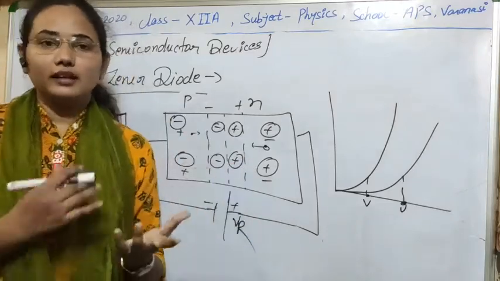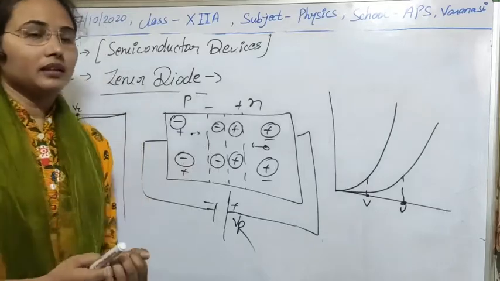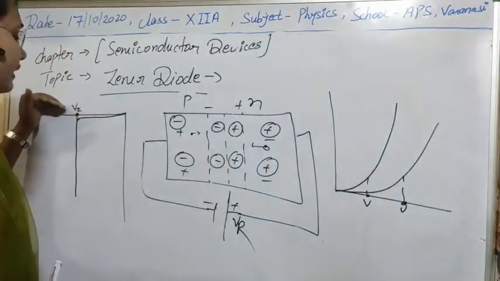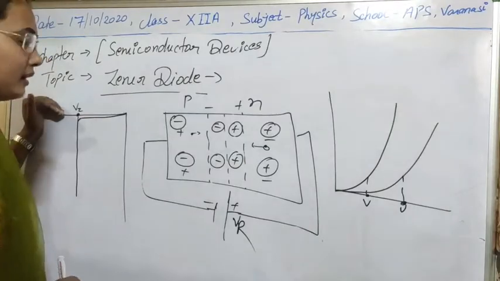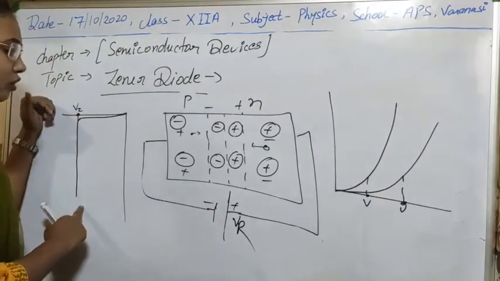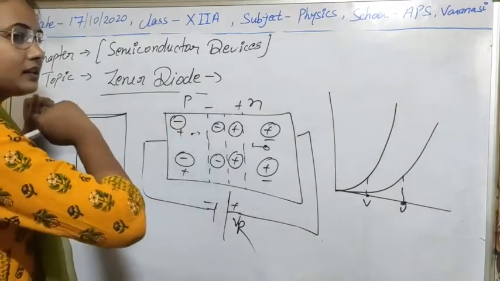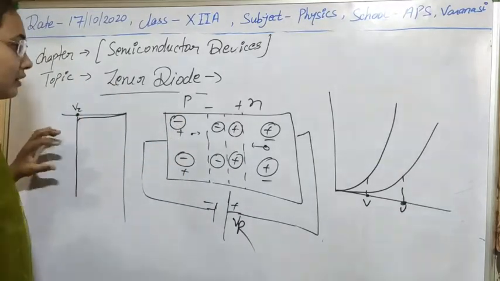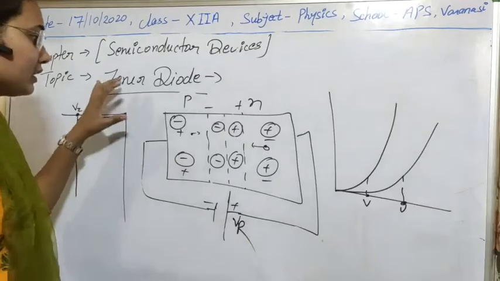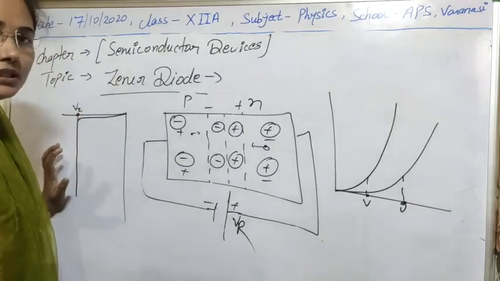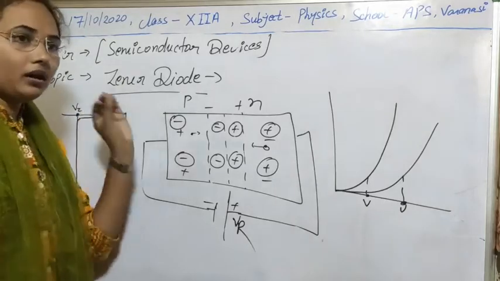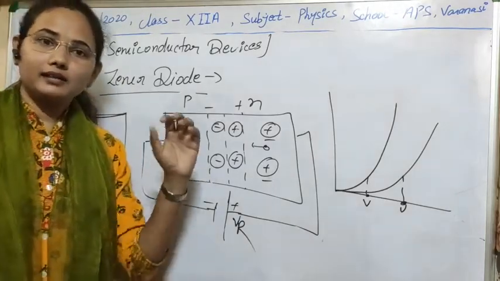So if any charged particle is not present, then definitely no recombination will take place, even if we increase the potential, meaning the sudden current becomes constant because all the charged particles recombined at once. In that way Zener diode is different from the PN junction diode, because in the case of Zener diode all bonds break suddenly at a single time.